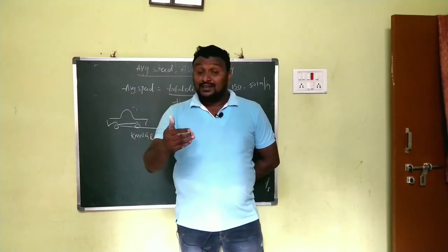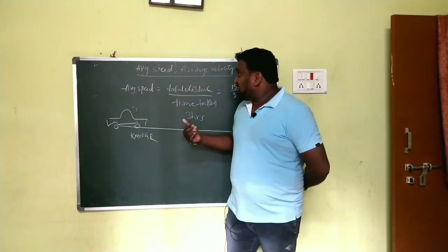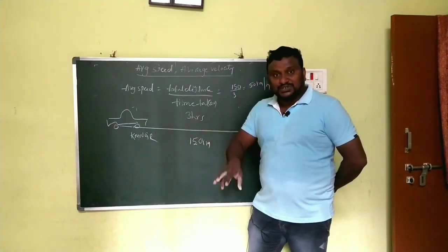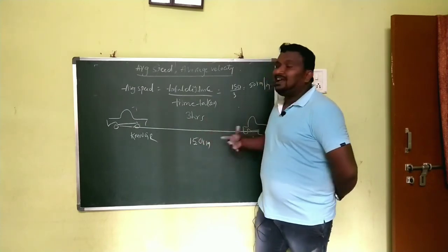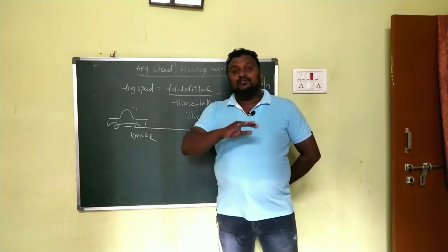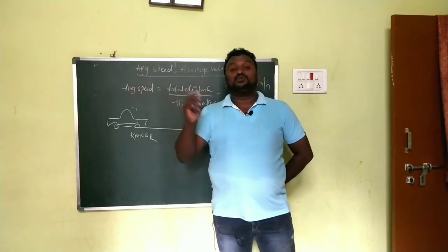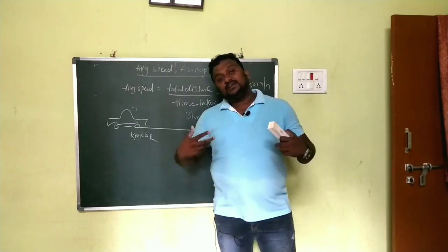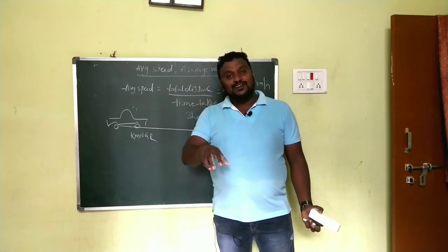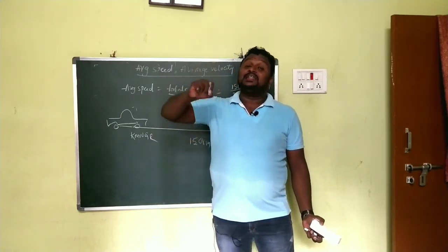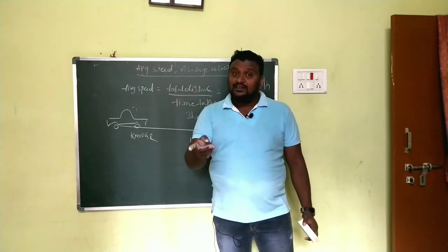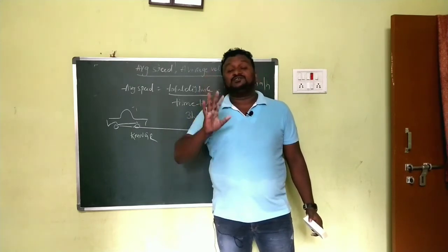Clear? But in this case, what is the average speed here? Within 3 hours the motion is completed. Once the car started, within 3 hours it reaches the other end, Hyderabad. So the average speed explains the result of motion. Within 3 hours the result came: we reached Hyderabad. Instantaneous speed is the speed at that particular instant of time. Got it, children? That is the difference between instantaneous speed and average speed.